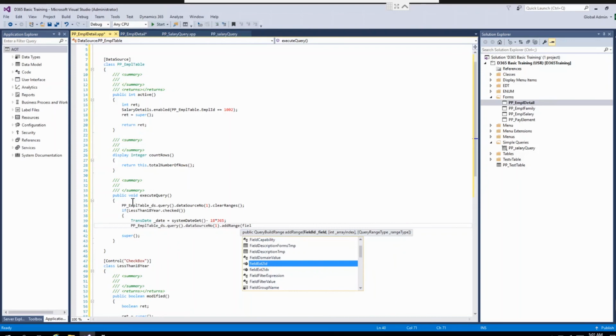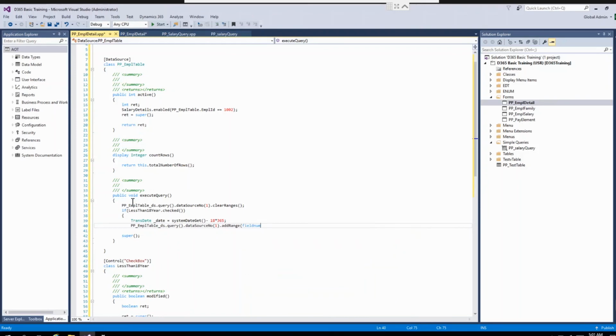So first I have to use this field num, name of table, birth date. So this is range.